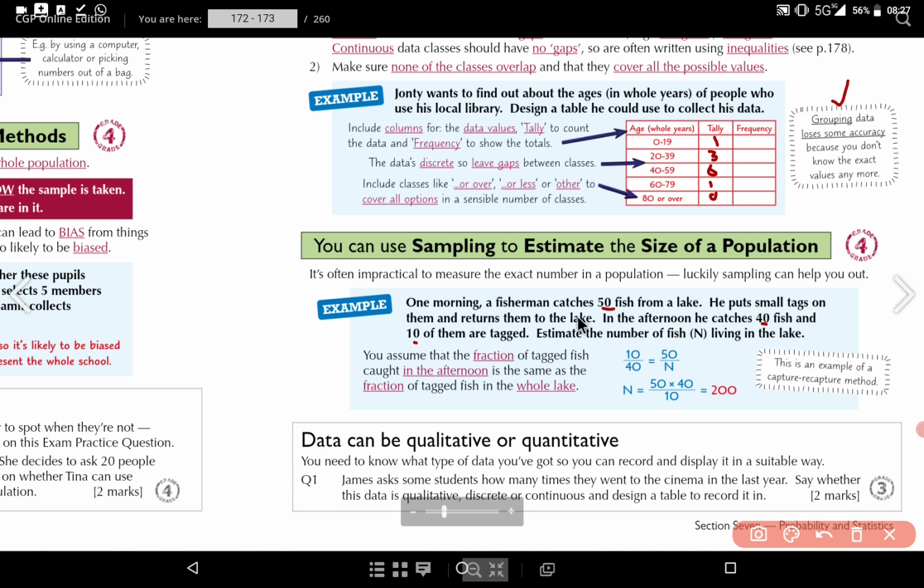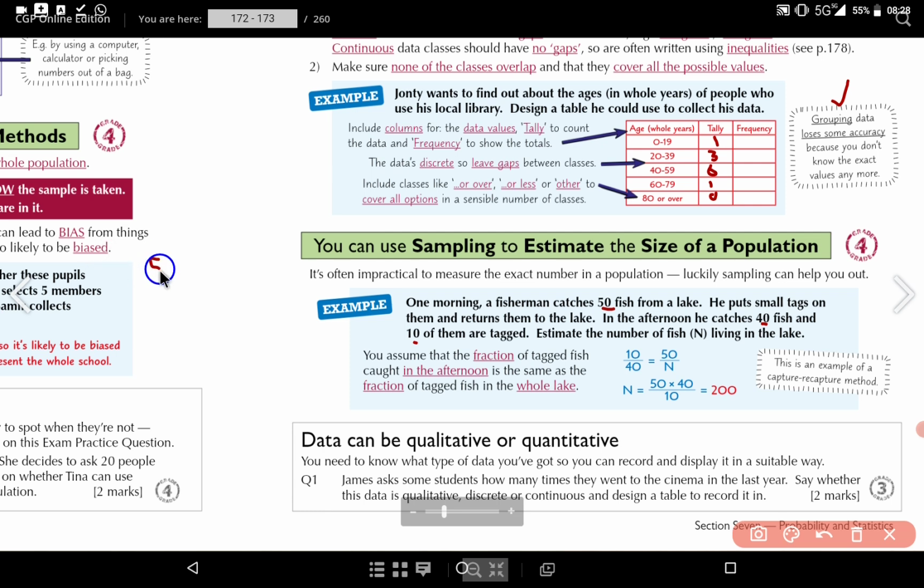So here, you notice that he caught 50 at first, and he puts tags on them. Then he catches 40, and out of the 40, 10 of them are tagged. Estimate the number of fish living in the lake. So the way we're going to do this is